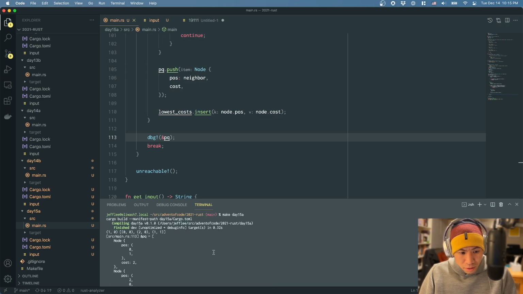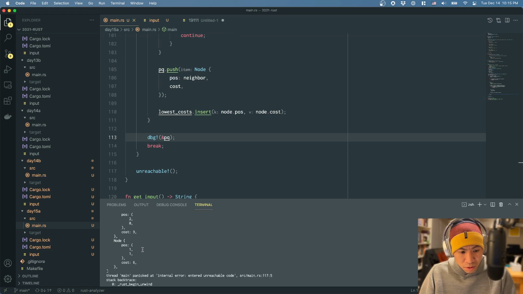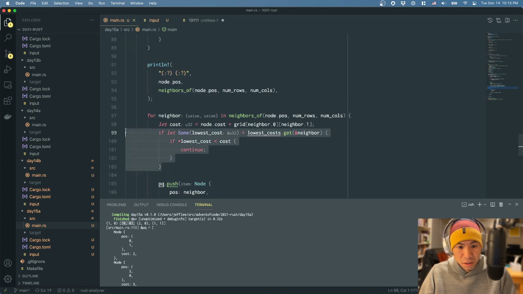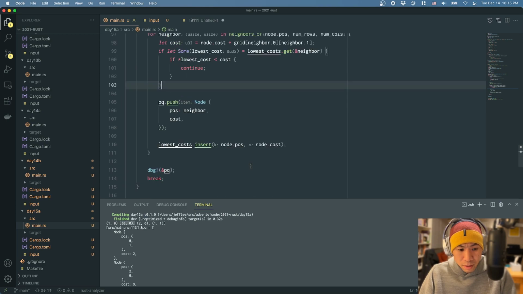All right, so the neighbors that we were looking at are 0,0,20 and 1,1, and then what's in the priority queue is 0,1,20,11. Good, so we didn't put 0,0 back on there because this code prevented us from doing that, which is what we wanted. Now, if I get rid of this break,